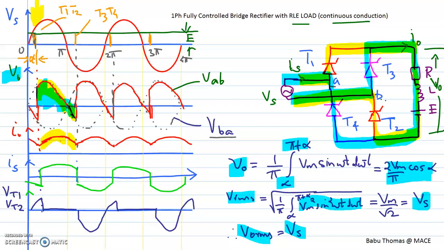And in the next case we will also discuss how it is going to operate in the inverting mode of operation, where the power is being fed back from the load to the source. So in that case you need to have the understanding of the previous lecture, where we discussed the line commutated inverter, where the firing angle alpha is greater than 90 degrees. So here you can see that the value of alpha is less than 90 degrees and you are getting the waveform like this. Thank you.